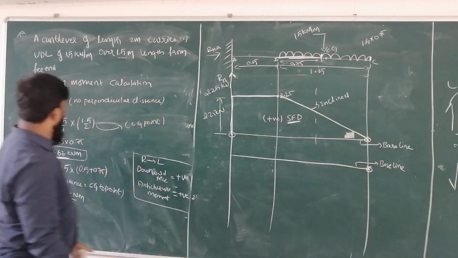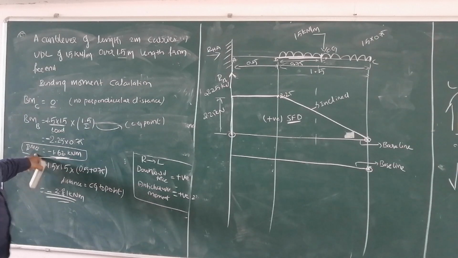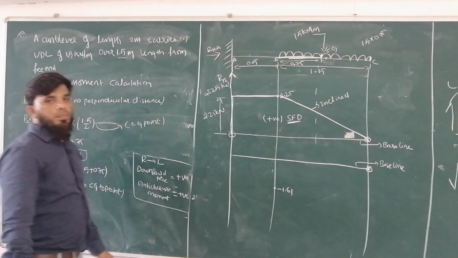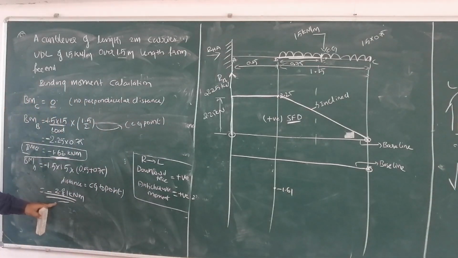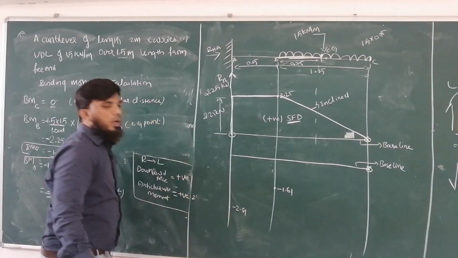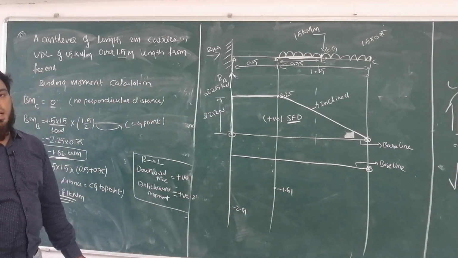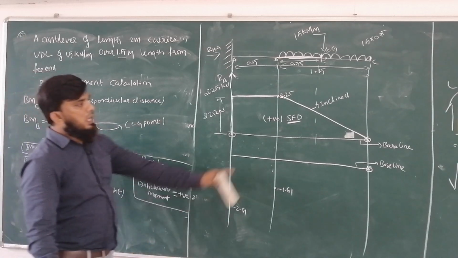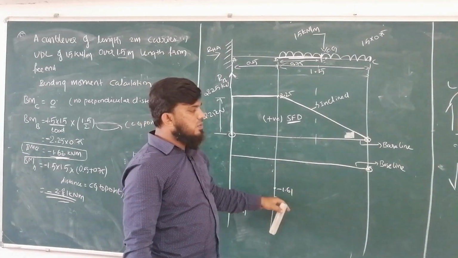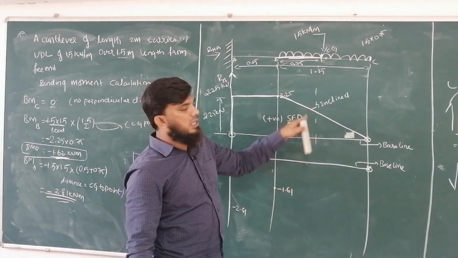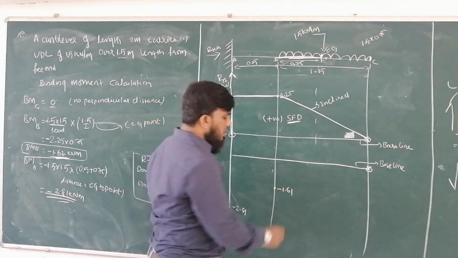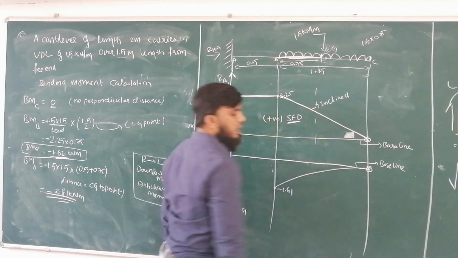Next, the bending moment at point B. The bending moment at point B you are getting as minus 1.69. Next, the bending moment at point A you are getting as minus 2.81. You got the values. Now how to join these? Since the values of forces are varying linearly, obviously this will vary as force into distance. So this will be following a parabolic curve.